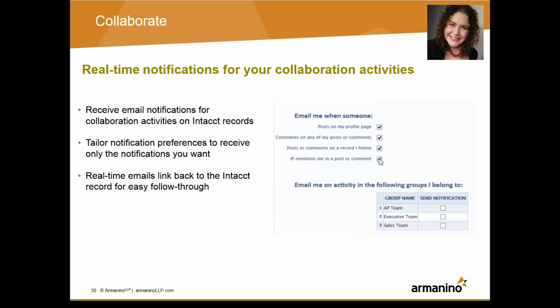Previously when you logged into the system, the only place you could see your notifications was in the little chat bubble that was next to your name. So if you weren't a frequent user of the system, it was really easy to miss if anybody had sent you any notifications. So now under your My Preferences on the page, you have the ability to decide when you want to be emailed those items as well.